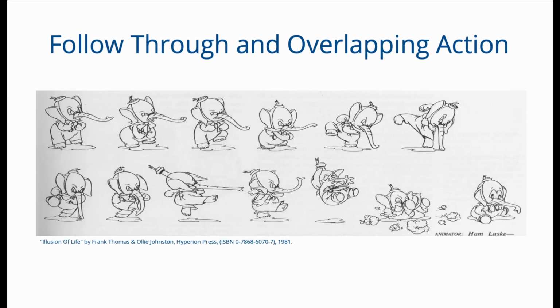So here is another very good example of follow through and overlapping action. Just inspect these sketches of this baby elephant, and he is standing on a puddle of glue. When he realizes this, he's trying to pull his legs out. So he's pulled one leg out, and by the time he has pulled one leg out, his snout is stuck. Then he's trying to pull his snout out, and by the time he has pulled his snout out, he has slipped and he has fallen and he's looking sheepish by the end of it. So very nicely animated in this sequence of sketches.